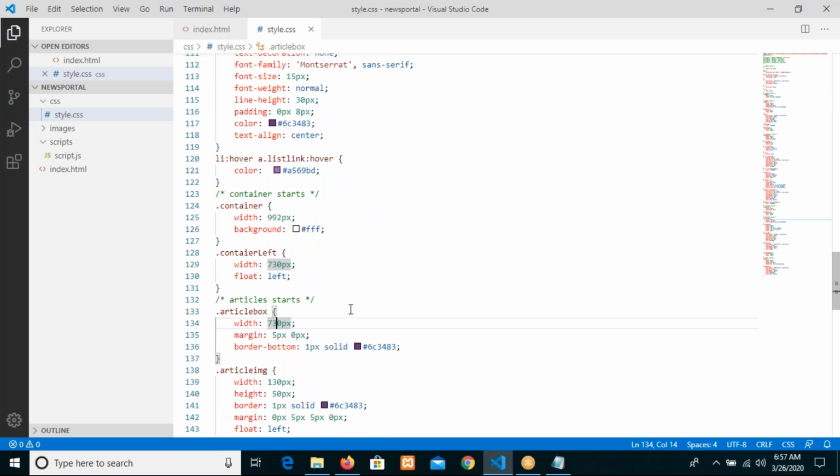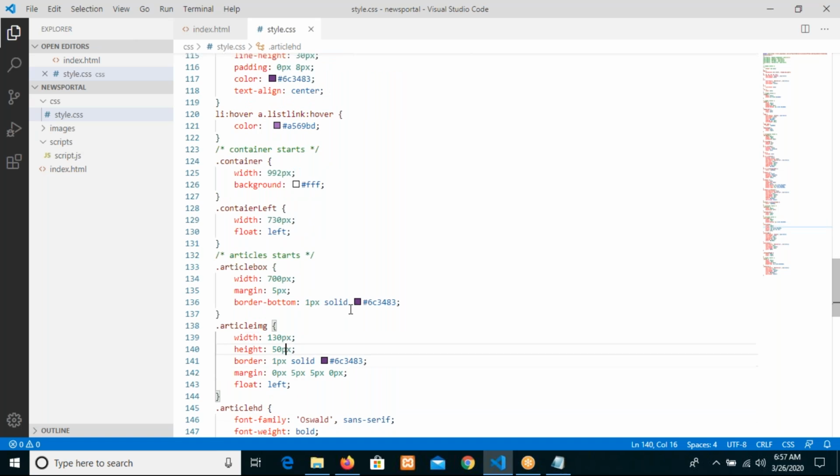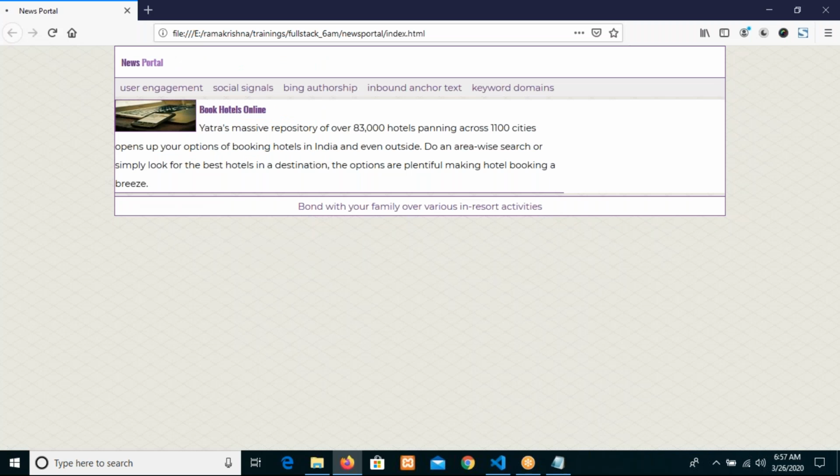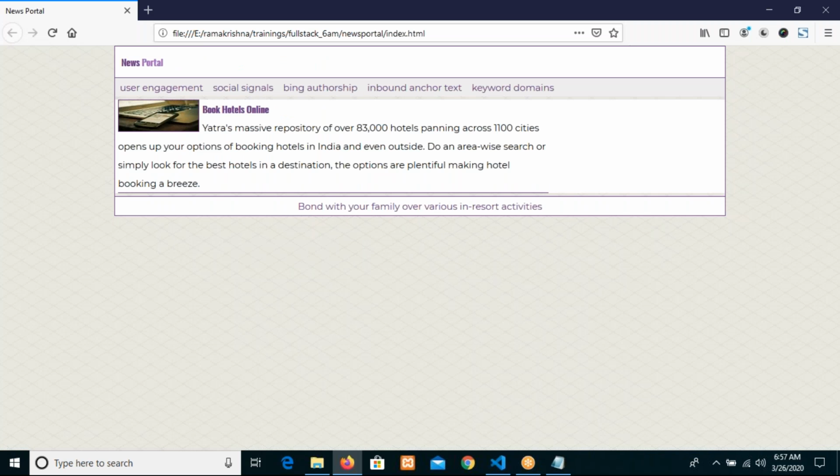Make it here 700, or else, okay, let it be like this, and then when in this case move margin top and right and bottom, okay, have given, but